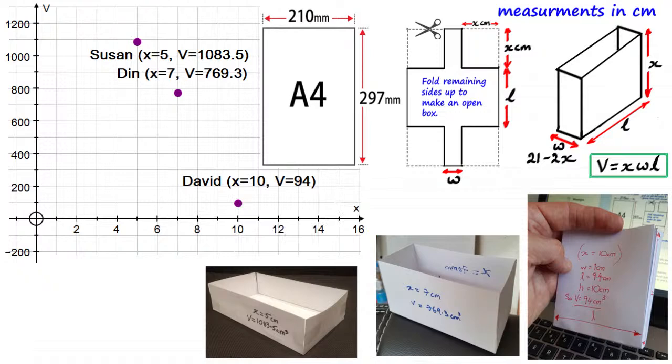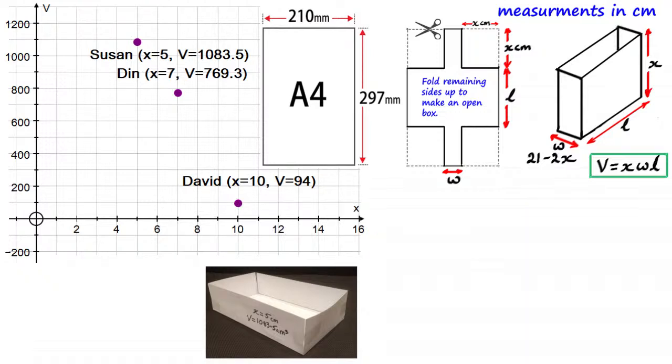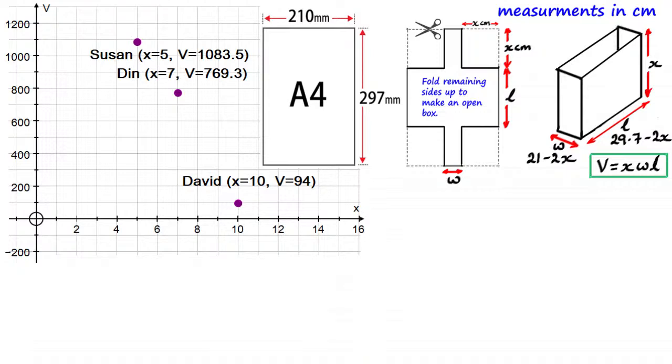So what we're going to do, let me just remove these pictures. Bear with me one moment while I remove the pictures. Give us a little bit more space. And we've got the length back there, and we need to remove Susan's box. There we go. So we've got a bit of space on the screen now.